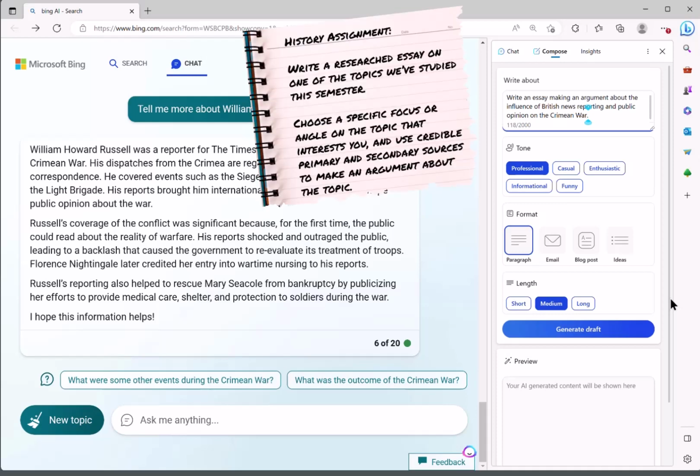Most instructors provide some kind of prompt on an assignment sheet that provides instructions and requirements for the essay. If the prompt is clear and specific, you can try copying and pasting it straight into the prompt field. But there's no guarantee that an assignment prompt has come packaged in a tidy sentence or two, with all the specifics a generative AI tool needs to work well. So it's best you know how to tailor a prompt for yourself. And this is a great place for instructors to start when working with students on using generative AI.